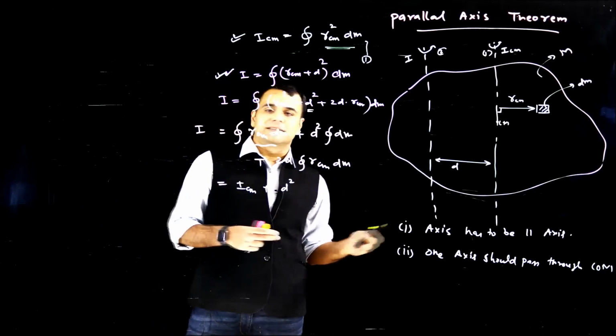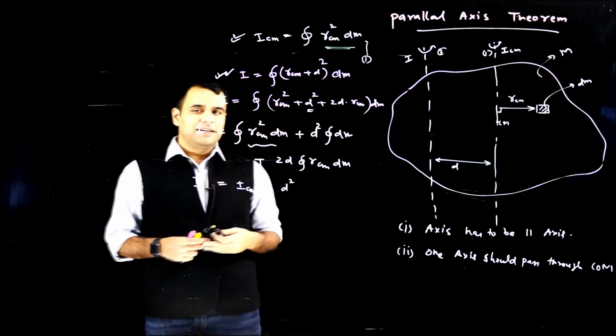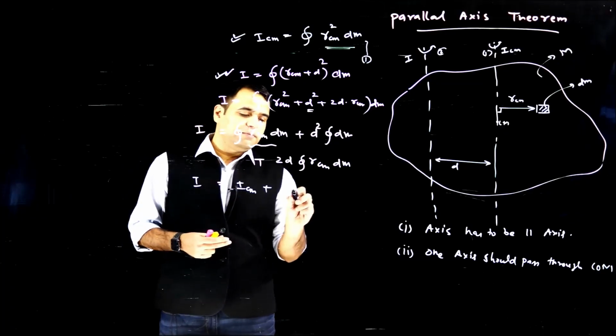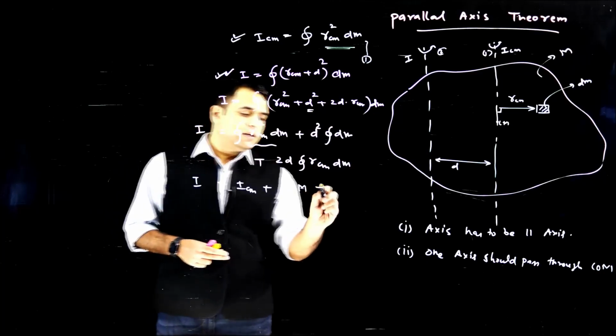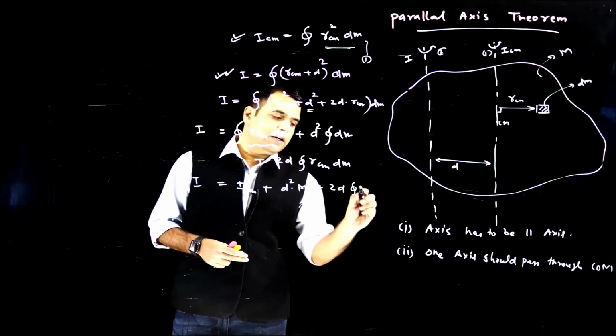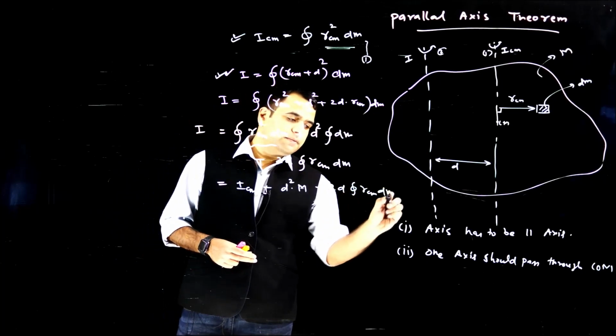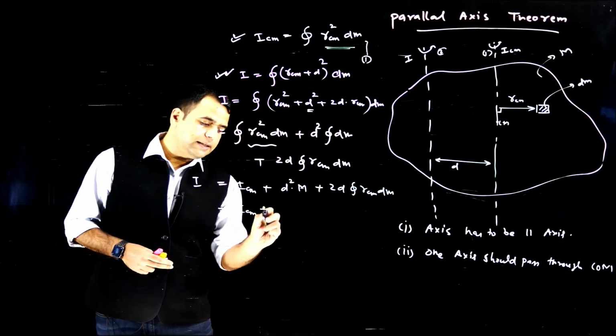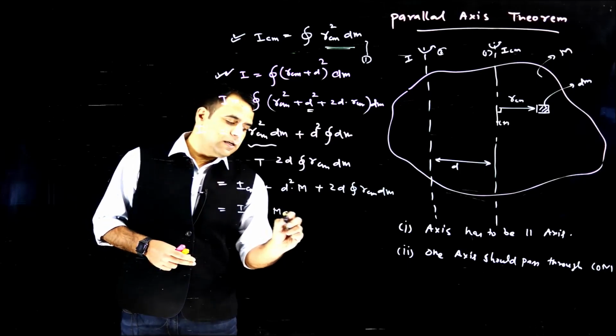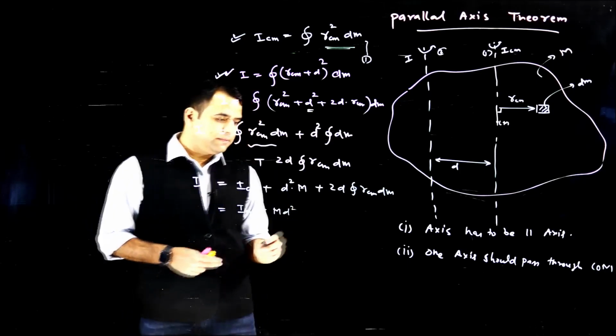If you integrate the mass corresponding to the whole body, you'll be getting the total mass of the body, capital M, which is the mass of the whole body, plus 2d integration of R_CM dm. That becomes I_CM plus M d squared